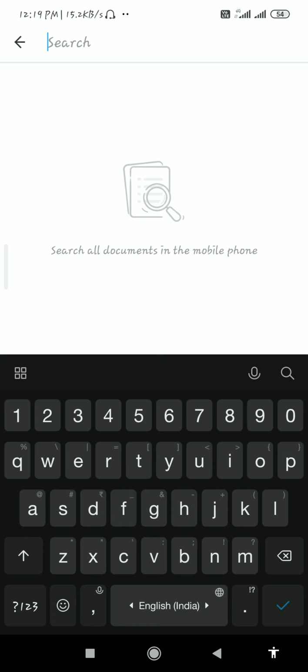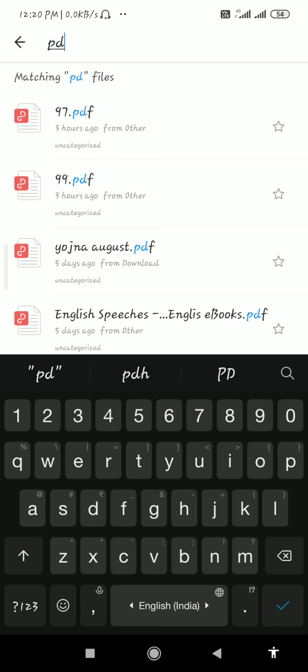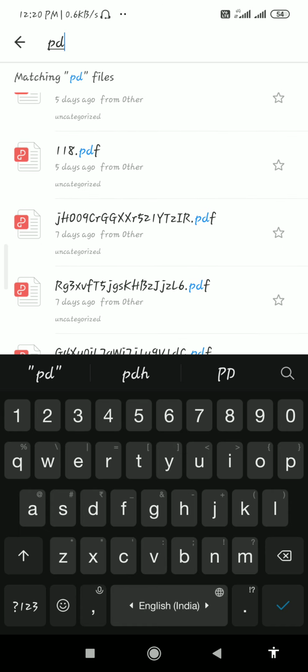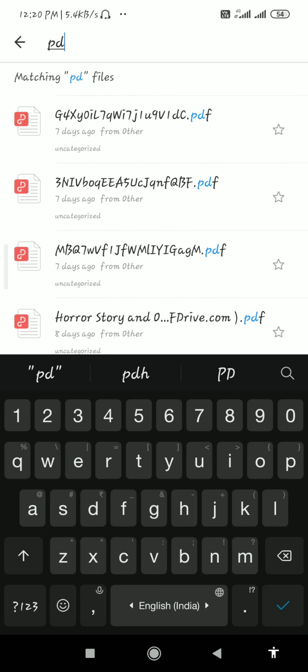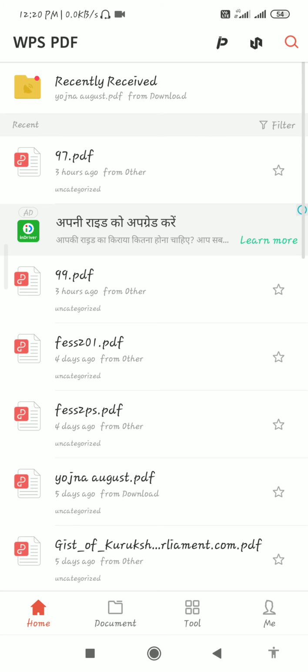Just like, if I want to read a particular PDF, I will easily write down that application's name here. Just like PDF, you can see these names would be available here. It is easy to find any application from here.